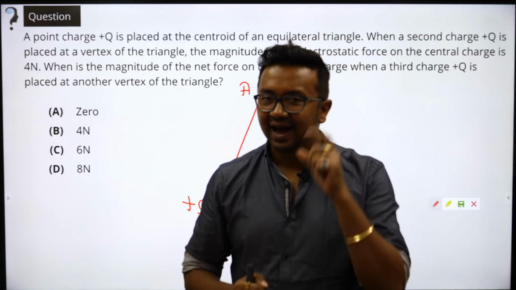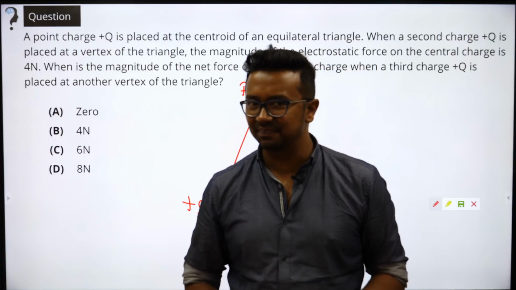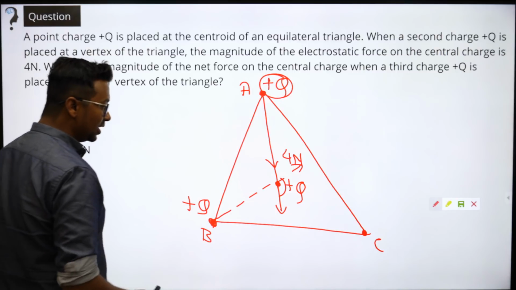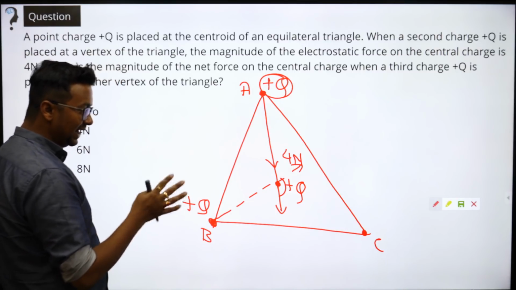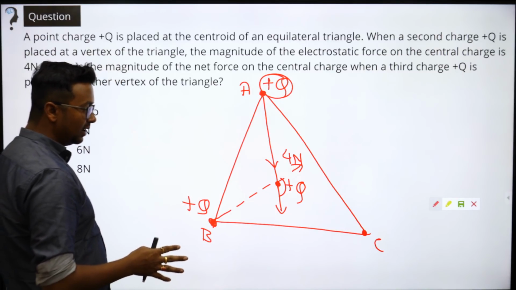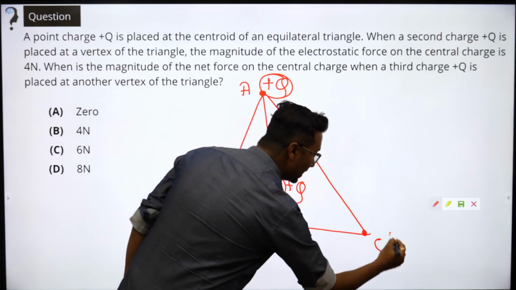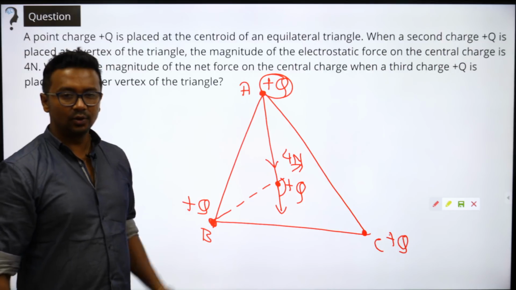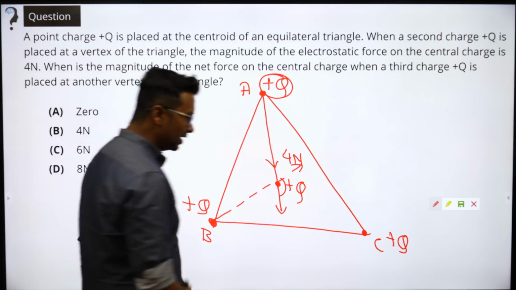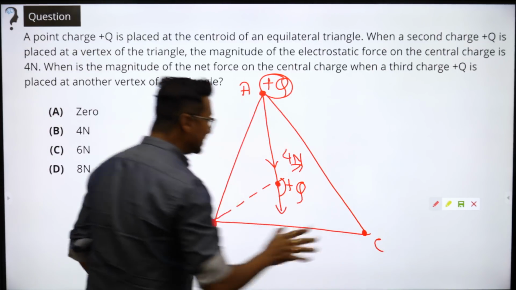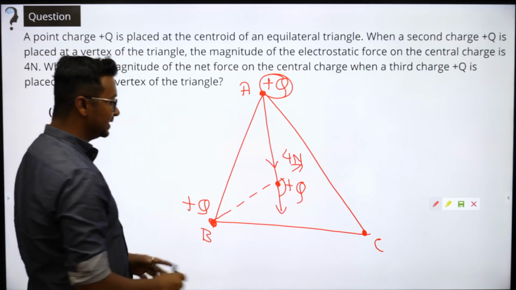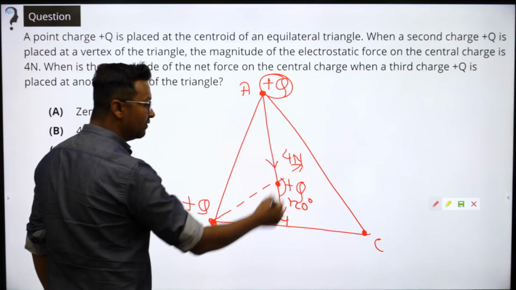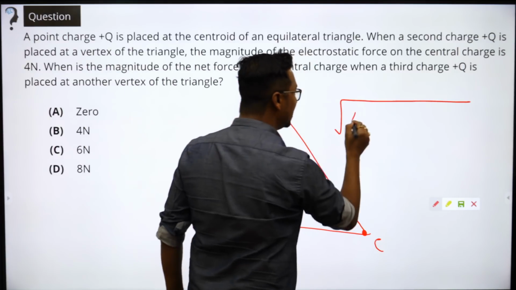All right students, अगर थोड़ा सा दिमाग लगाते हैं इसमें, let us try and understand. Okay, so if you put a little focus into this particular question out here, what are you going to get? You can put a plus q charge here also. Clear? You can put a plus q charge. या फिर देखो, अगर नॉर्मल तरीके से सॉल्व करना है वो भी हम कर सकते हैं. This angle is going to be how much? 120 degrees. This will be 4 Newton, 4 Newton. इसमें भी ज्यादा टाइम तो लगने वाला नहीं है.